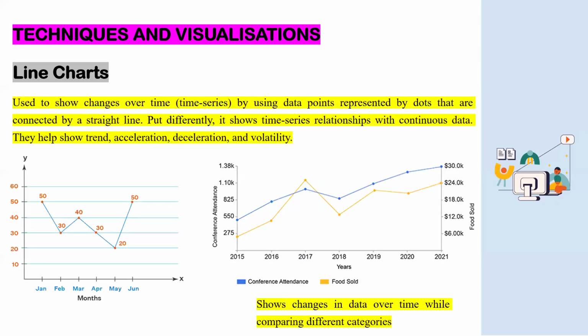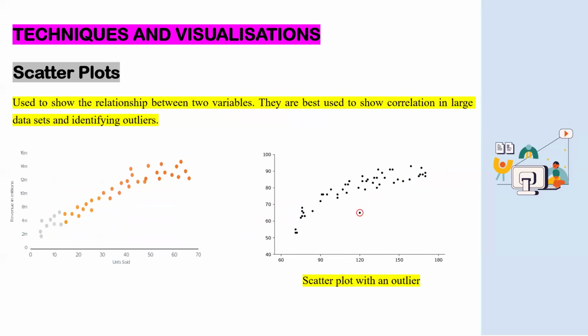Now we also have line charts, more like time series. We would want to use line charts when we have continuous data. We are not interested in discrete data; for discrete data, we can just use bar charts. But if we have continuous data, then we may want to reach out to a technique like this. Or if we also want to look at change over time or the relationship between different variables, we may also want to reach out to a line chart. This is typically for investigating the relationship between 2 different variables.